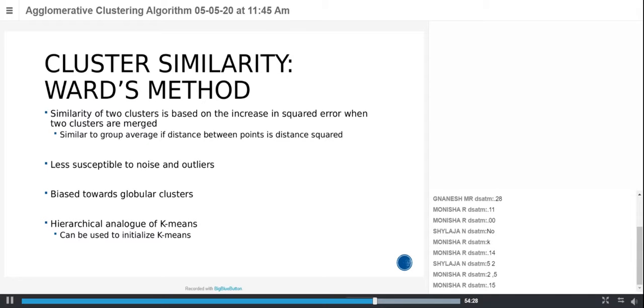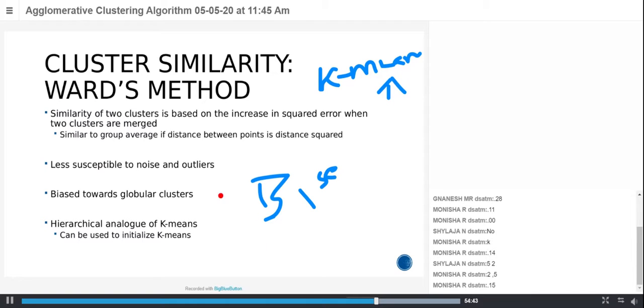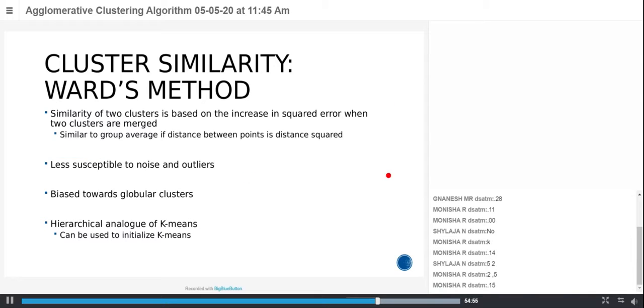And the next one is very similar to the K-means algorithm. If you apply a hierarchical technique to your k-means algorithm, how it looks like, this is bisecting k-means. The bisecting methodology is what Ward's method is going to achieve. That is, instead of selecting either the farthest distance, the closest distance or the average distance, we are not going to select any point's distance to any other points.